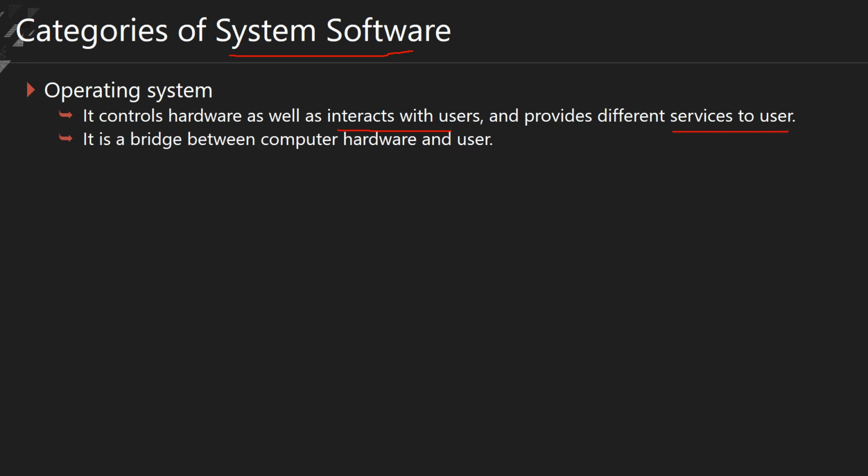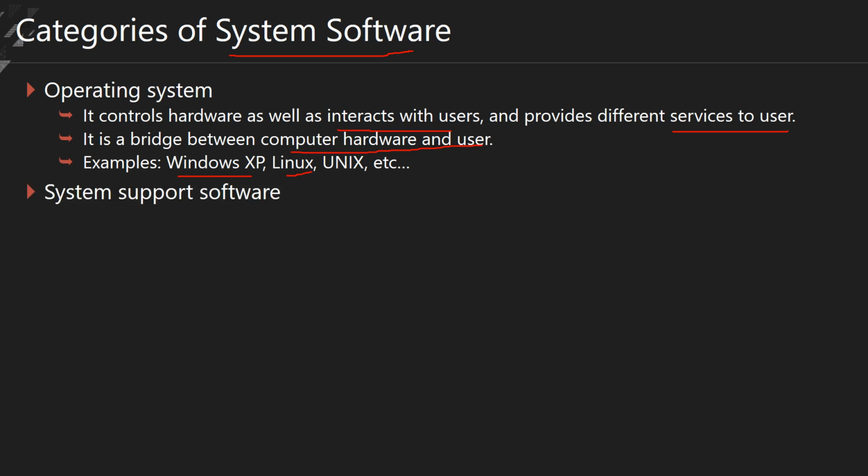That means it is a bridge between the computer hardware and users. Examples are Windows XP, Linux and Unix, Sun Solaris, Mac and many more, which come under the operating system. And also some